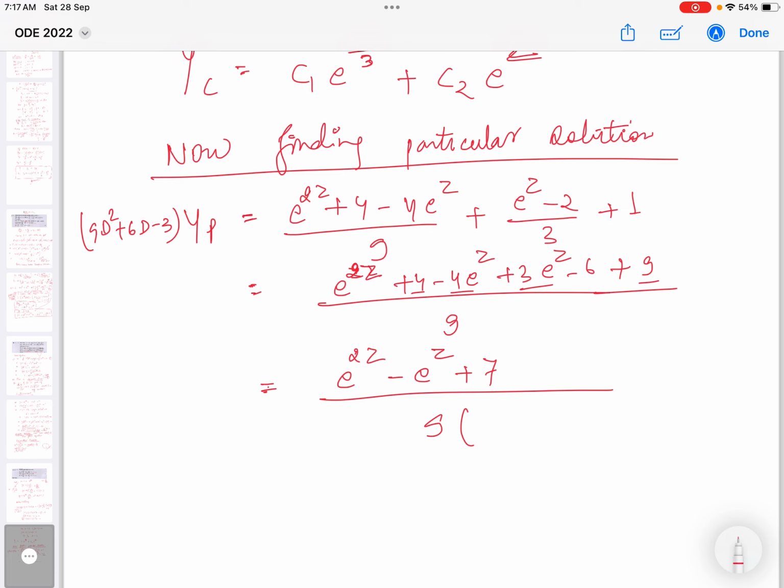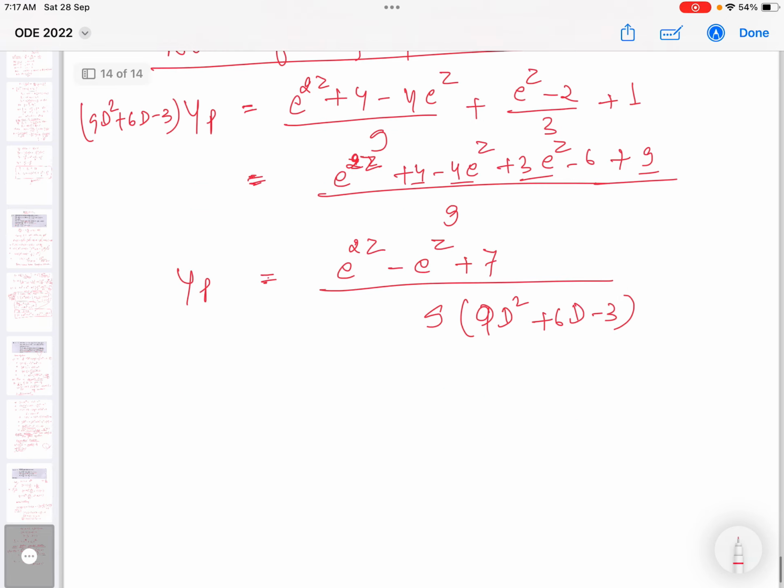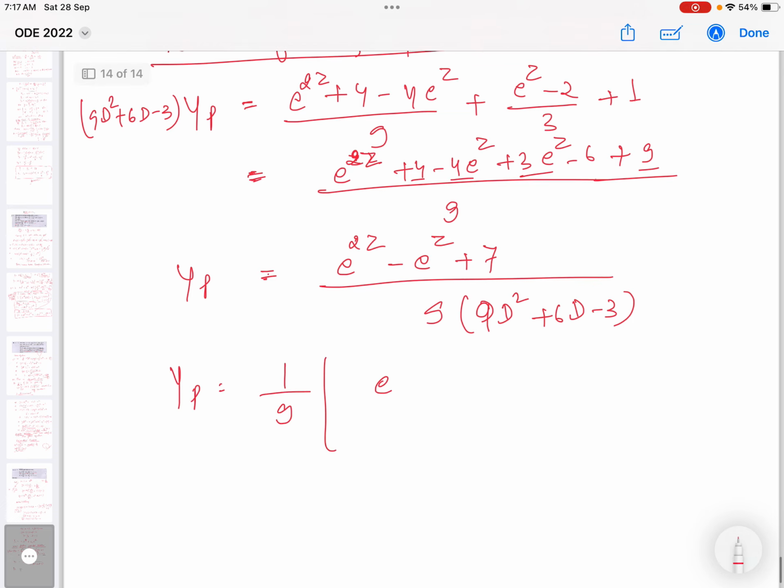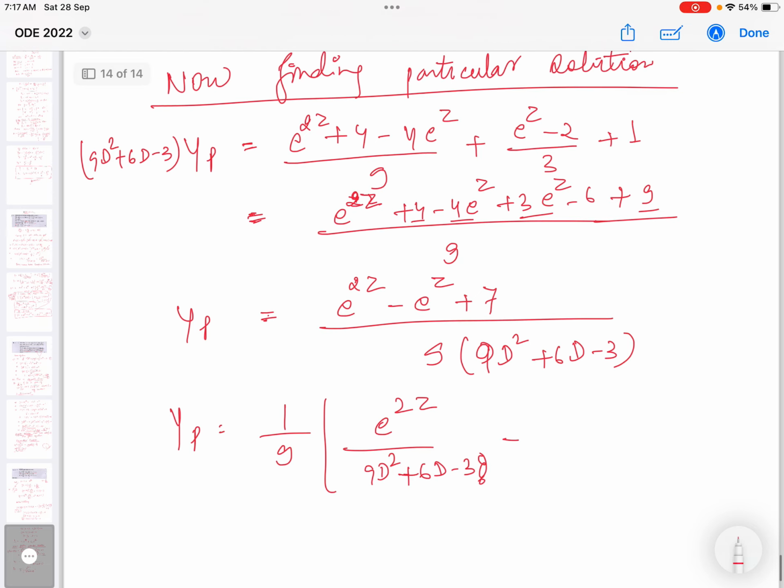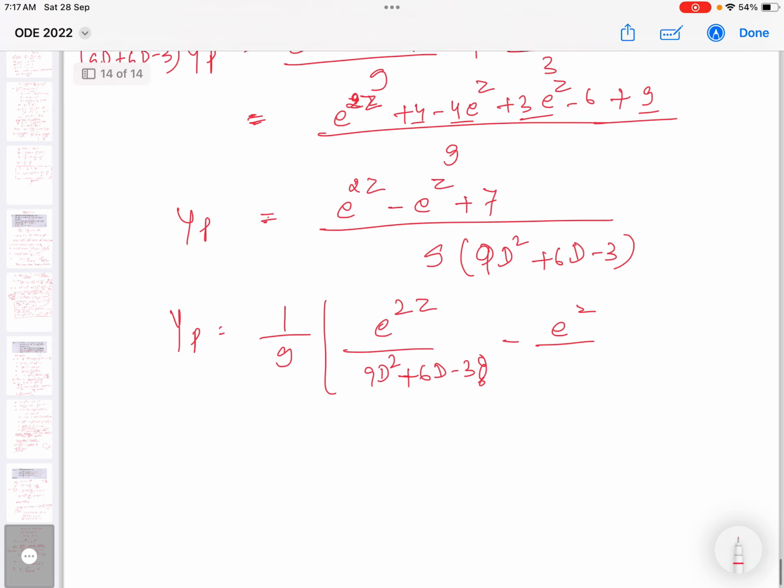We'll be bringing this 9d square plus 6d minus 3 to Yp. So segregating the terms, 1 by 9 e to the 2z over 9d square plus 6d minus 3, minus e^z over 9d square plus 6d minus 3